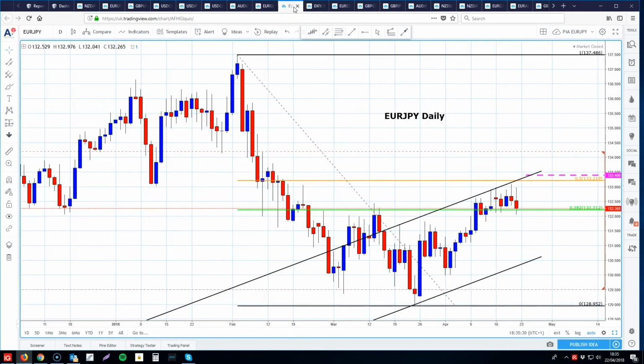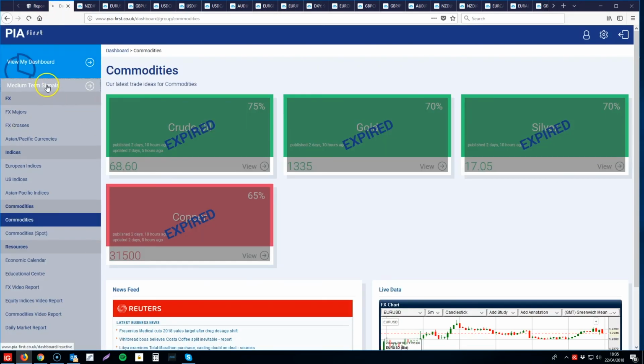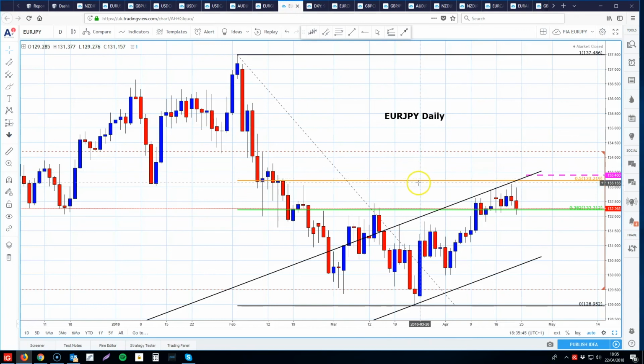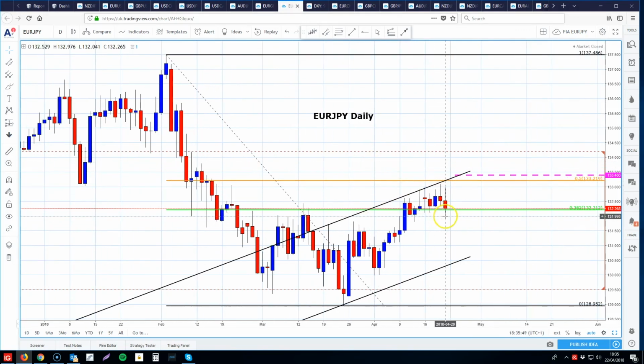Euro yen, and we're short in euro yen, I think around 132.50. I'll have to check that. Let's have a quick look at our dashboard. Euro yen, 132.70. We're short of euro yen at the moment, but again, there's no clear indication that this correction is